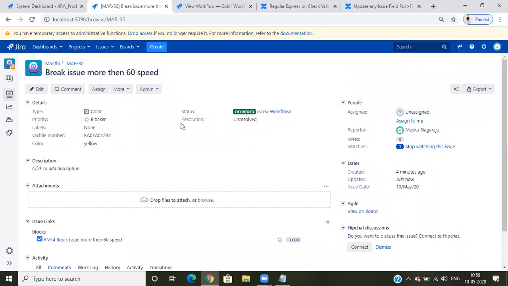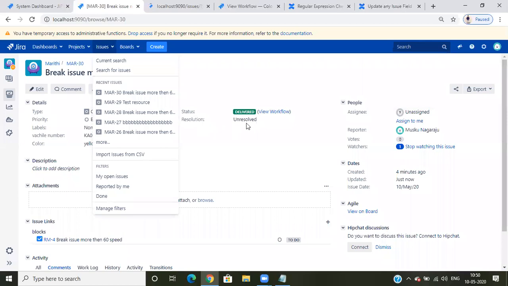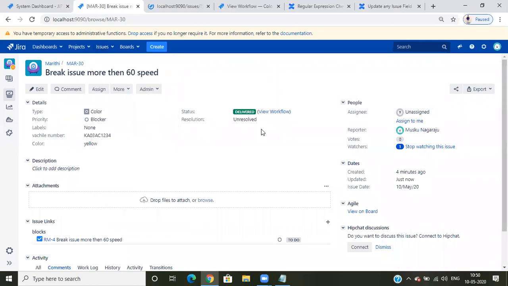Okay. Now we have some filters. The filter will come next level. But suppose this resolution is still unresolved only. Unresolved means it will be in Jira. So we know delivery means the done transitions. Done transition means I completed the task. I know that, but how does Jira capture that? I have delivery, completed, done as many statuses.